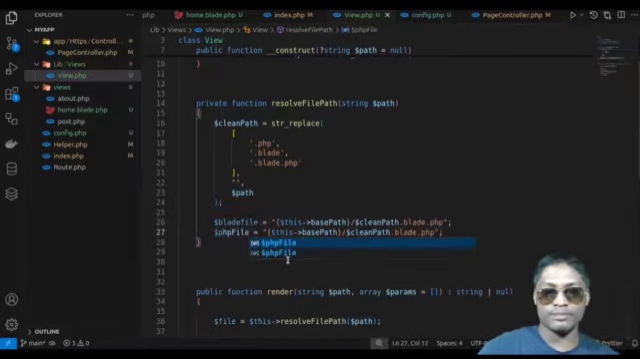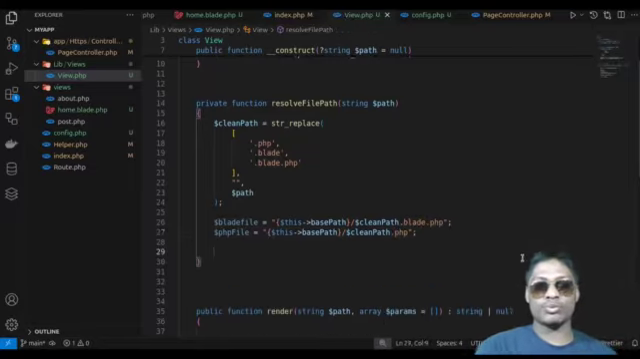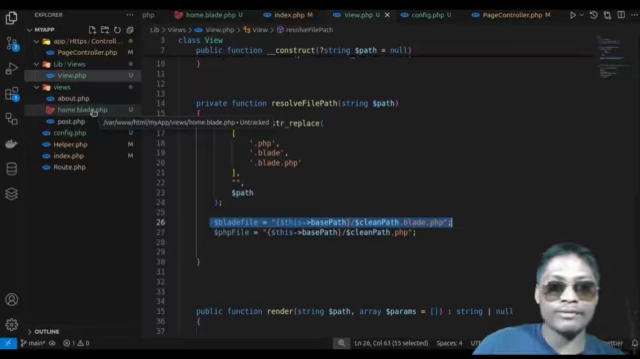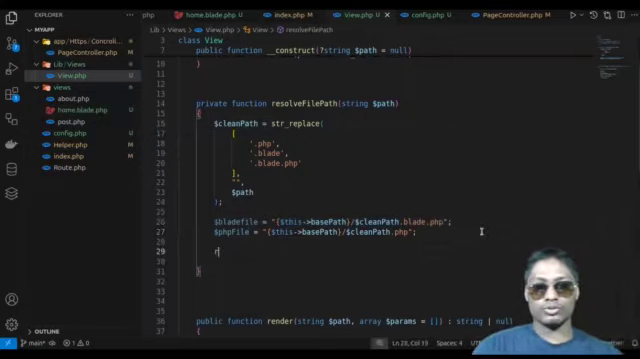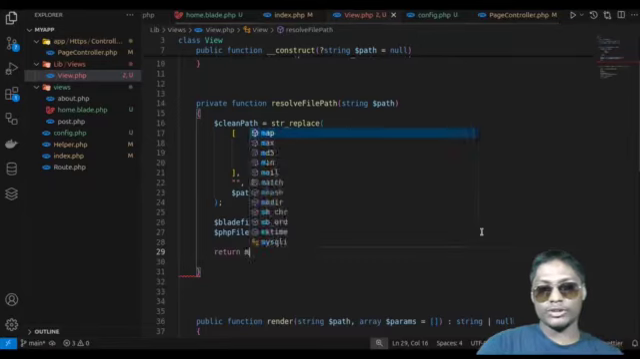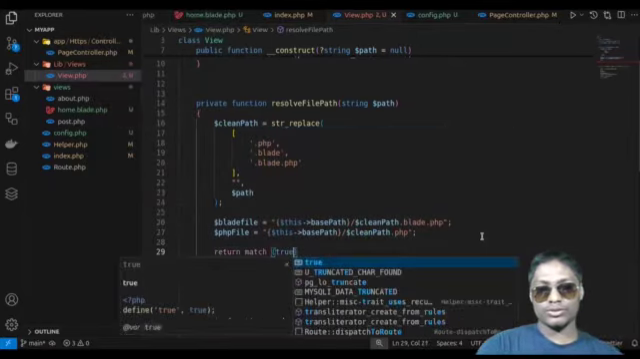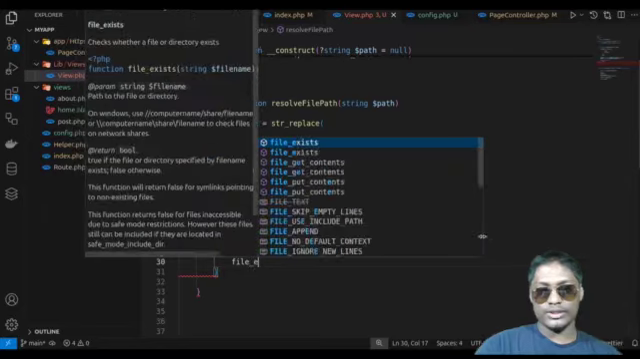This is not the blade file, so removing the .blade extension, I will check whether the blade file exists or not. So first we will check if it is a blade file or not. So home is a blade file. If not, it will return the PHP file. If no file exists, we will return null. So I'm going to use the function file exists,